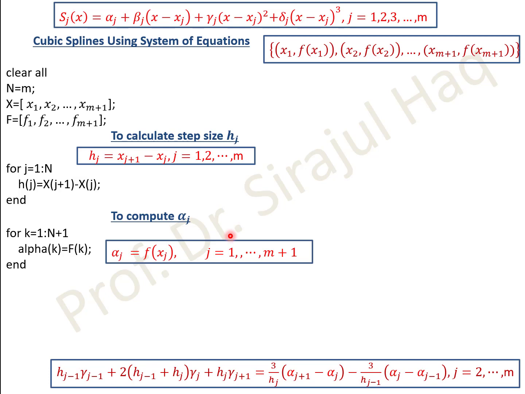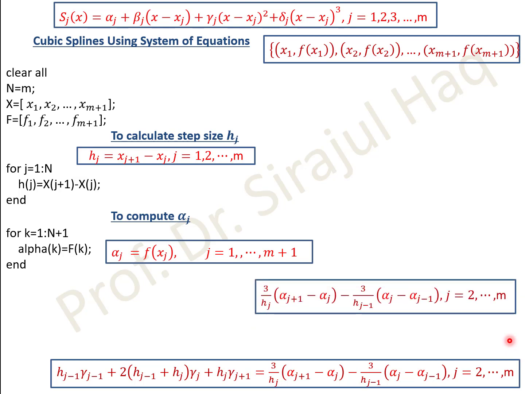You can see this was the main scheme, if you remember, in your last two lectures. Of course, it starts from 2 up to m. In that case, I was saying starting from 1 up to m minus 1. But remember, I started from x1 instead of x0. That's the reason I'm starting from 2 and reaching up to m. The total number of points is m plus 1, so I'm reaching up to m, 1 less than that.